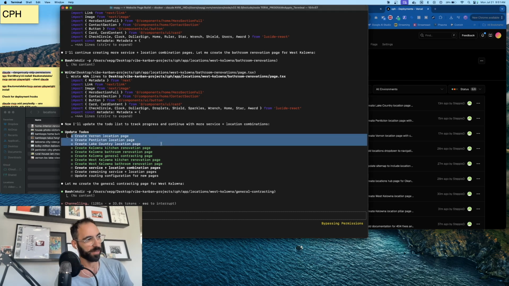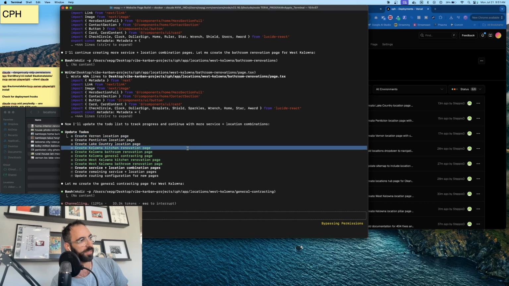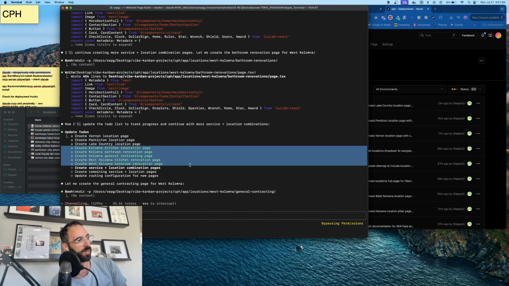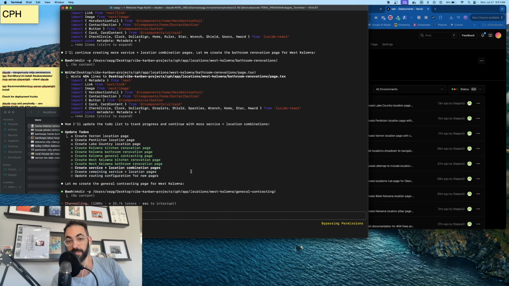It's creating all the location pages, and then the renovation pages, general contracting pages, kitchen renovation, bathroom renovation. So it's going city by city: kitchen, bathroom, general, kitchen, bathroom, and then some other service locations here. This is just Holland. So this small fix to fix these 404s is actually now switching into building a fully functioning growth platform for